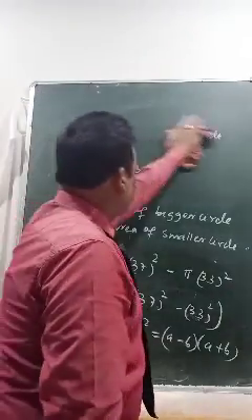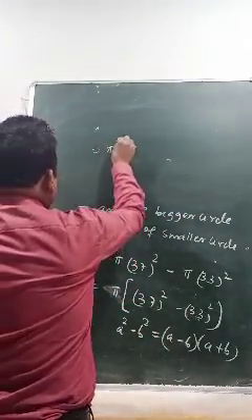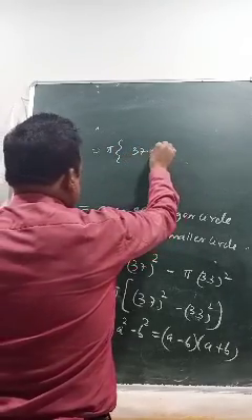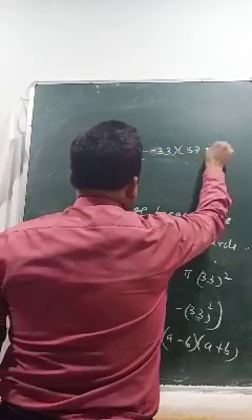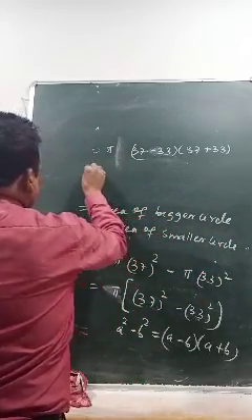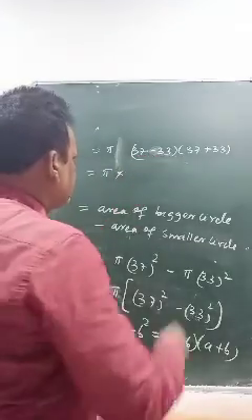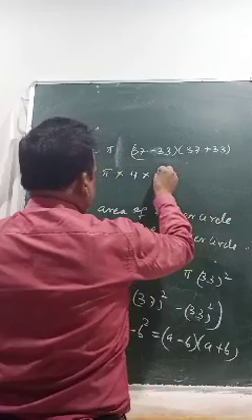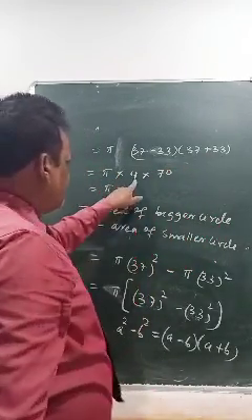You will get pi, 37 minus 33, 37 plus 33. How much you will get? 37 minus 33 is 4. 37 plus 33 is 70. So pi into 4 into 70,